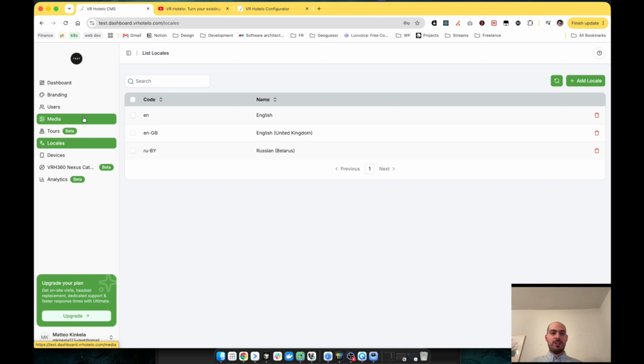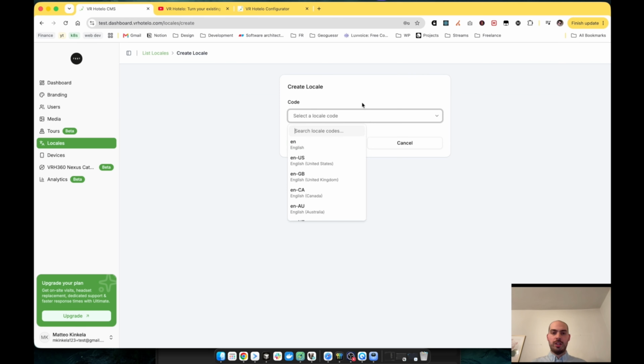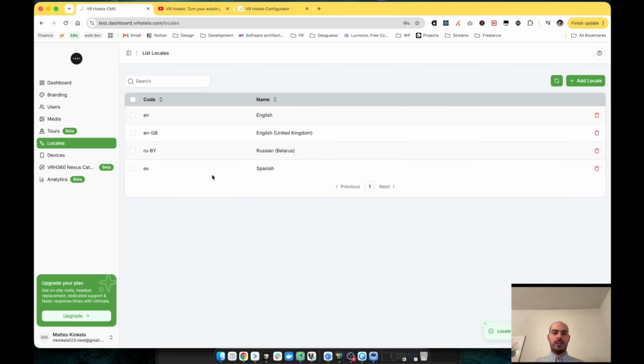So you saw in media and tours, when we were uploading files and going through the steps, you can always see localized titles. Here you are deciding which localizations you want. We'll add them here. There's a really big variety, whatever you want. Let's say Spanish, we'll create a locale, and then you will see a locale over here. After that,